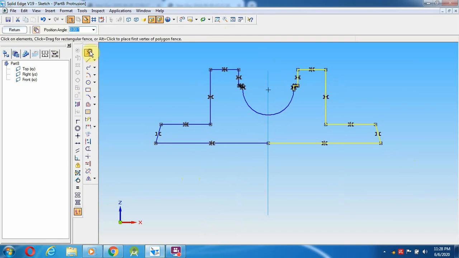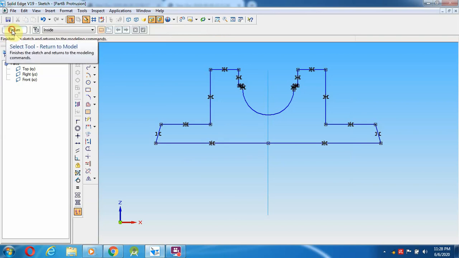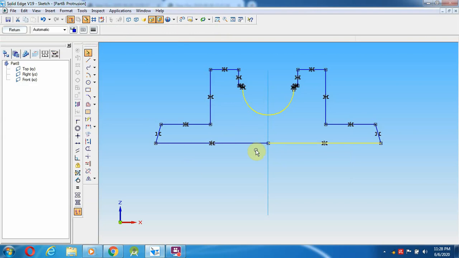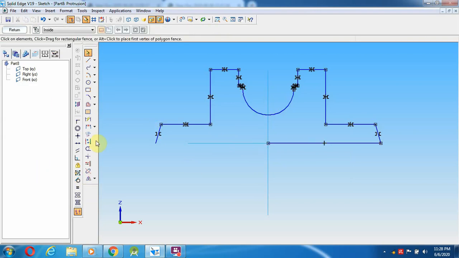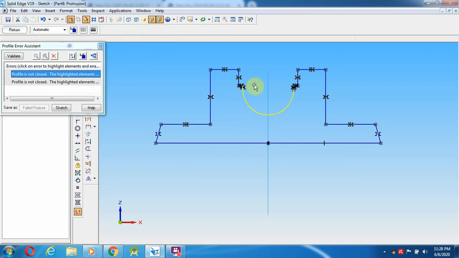Okay, then I'm going to give return, so that due to the connectivity problem these are all to come over here. So select the action again, next, this has to be extended. Going to give return.